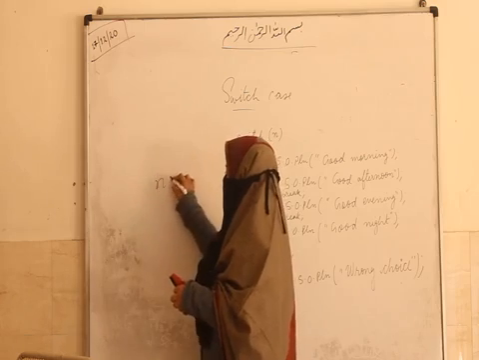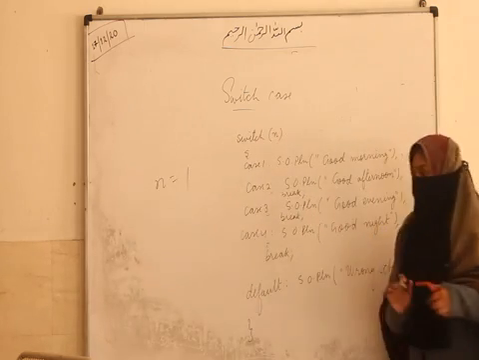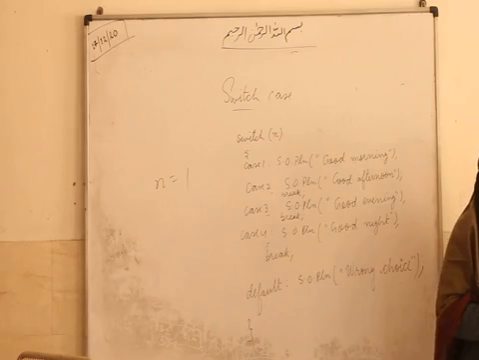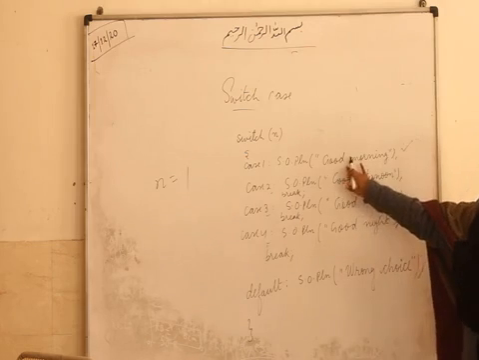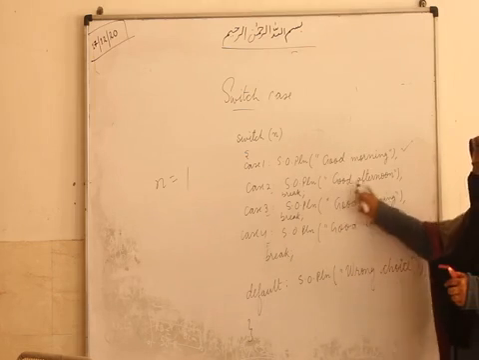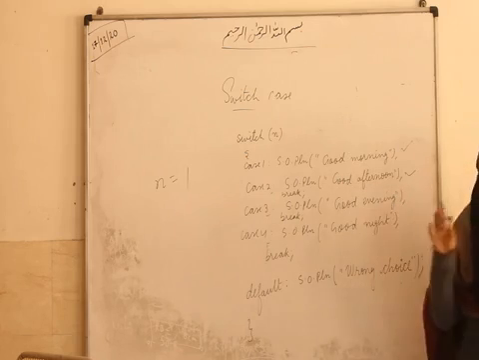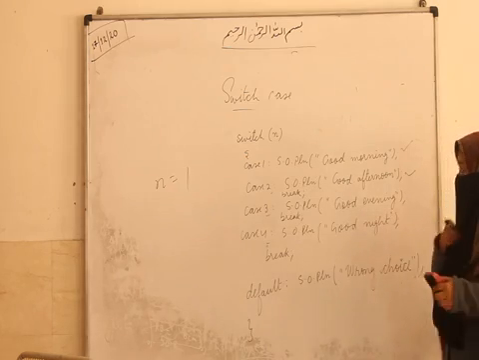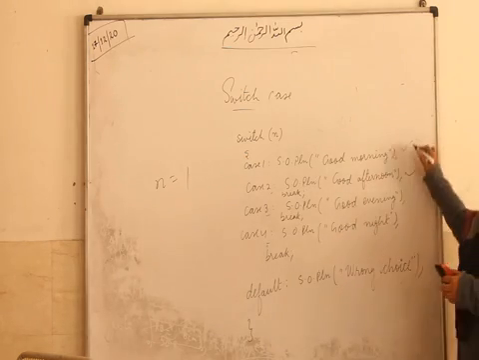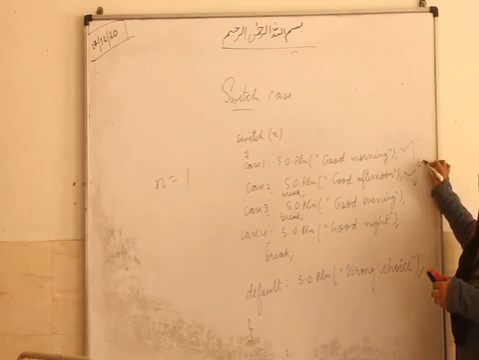And now the user gives the value 1. What will be printed on the screen? Good morning. Yes, it will come good morning, and since there is no break, it will fall down and it will come to good afternoon. Will it stop after good afternoon? Yes. Why? Because there is break. Okay, so this is called fall through. This incident is called